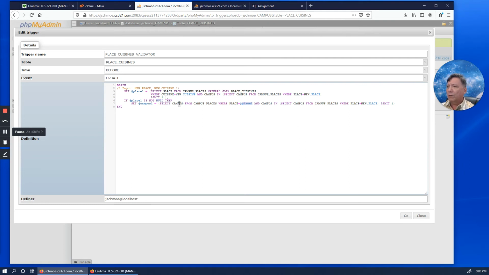So this is going to return KCC when this is Big City Diner Wildlife, and it's going to return UH Manoa if this is Teddy's Bigger Burgers. And this is what's going to limit it to the campuses that have Himalayan Kitchen as a favorite place, because those are the ones that we're concerned about. Anyway, so we've got the campus, we've got the place, and now we can make a nice error message.